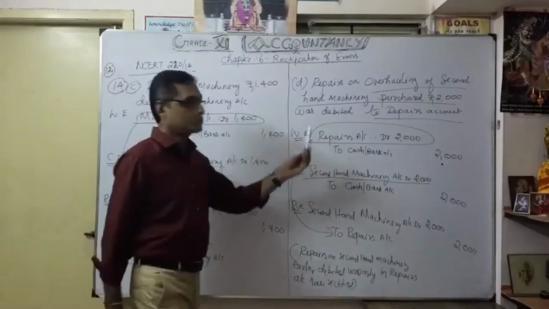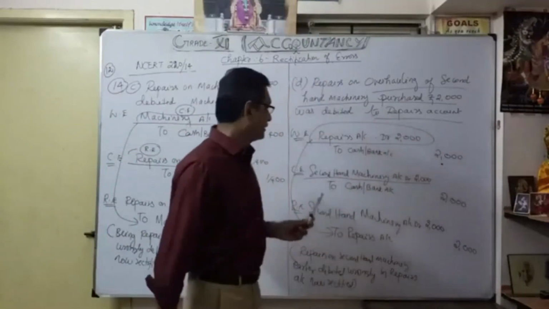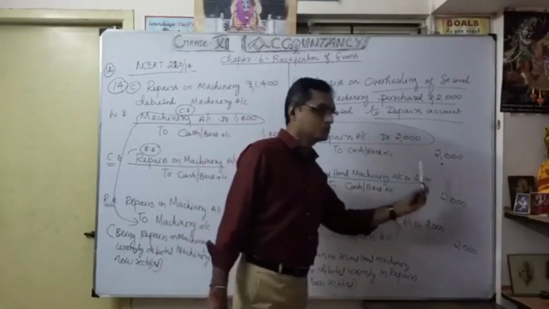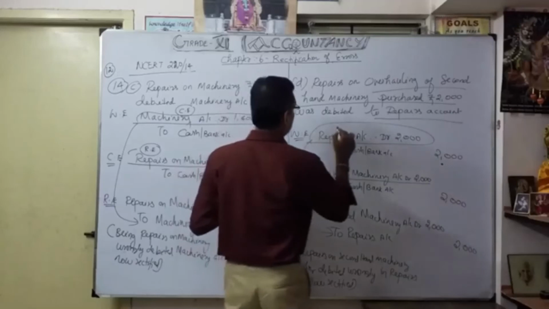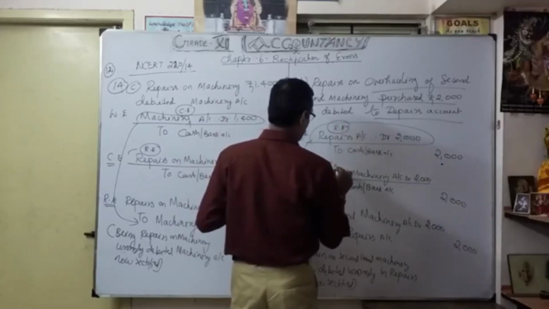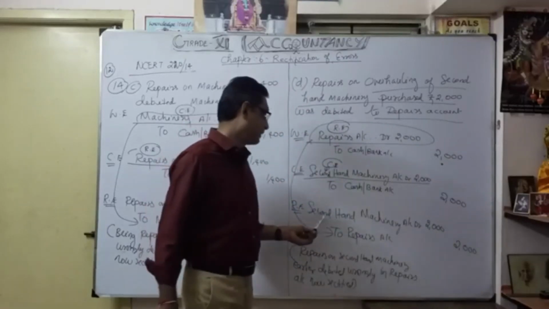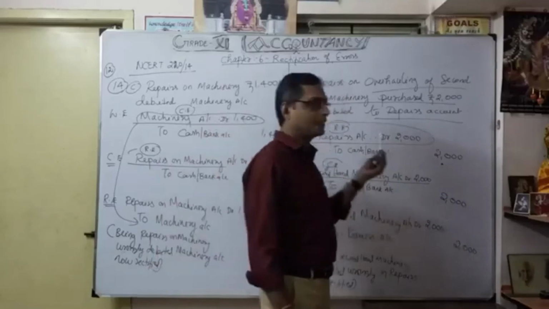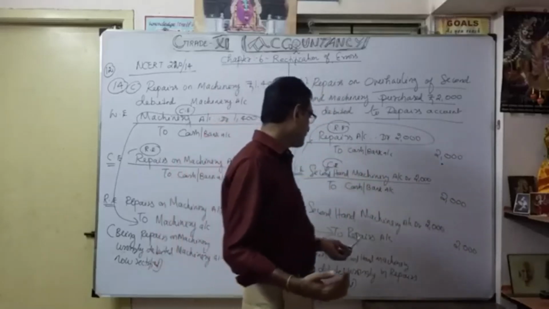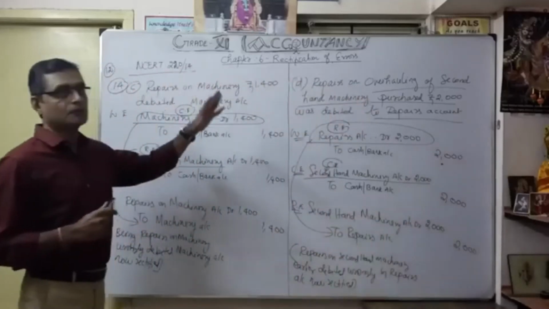That's the fourth one. So repairs account debit 2000 to cash and bank account 2000. What's the correct entry? Second-hand machinery account debit to cash and bank account 2000. They wrongly took it as revenue expenditure, but it is supposed to be capital expenditure. That's why we make it second-hand machinery account 2000. Earlier it was wrongly debited to repairs account, now rectified by giving effect on the credit side to repairs account 2000. Understood? That was our fourth example.